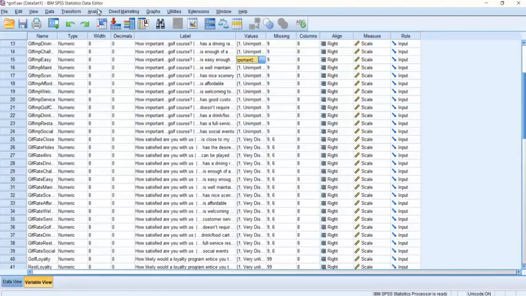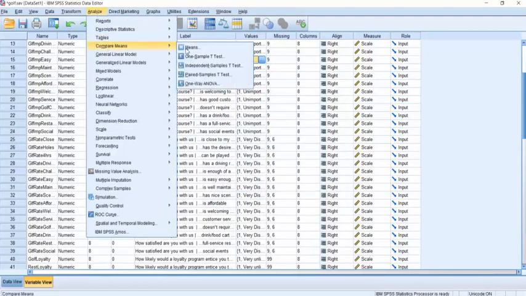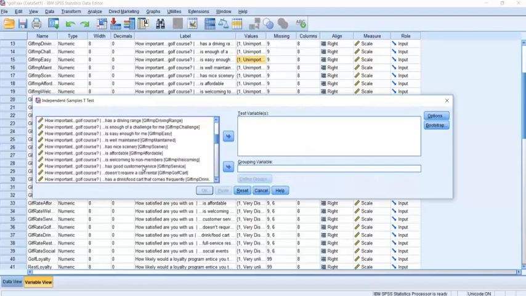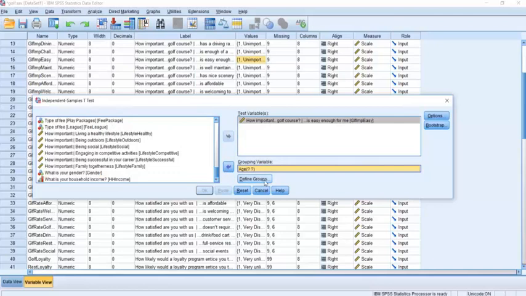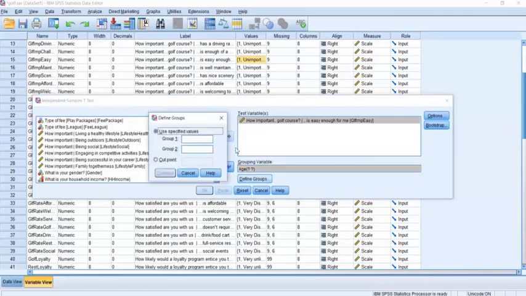So again, I will go to Analyze, Compare Means, Independent Sample T-Test, and how important is it that the golf course is easy enough for you? That's my test variable. It's got the ruler. My grouping variable is the age, and I'm going to define my groups, and instead of choosing two age groups